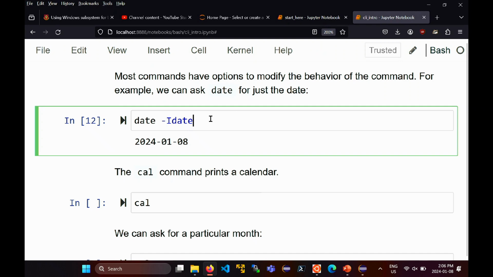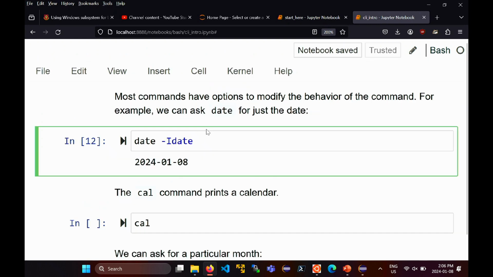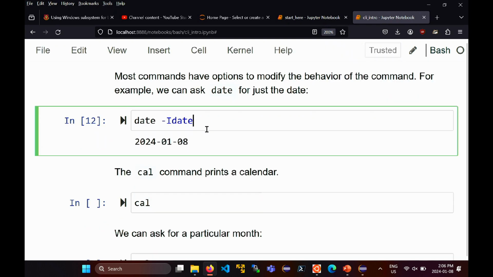I just said that if you're on a Mac, you may not have this format. So you have to be a little bit careful if you're using a Mac. Some of the commands on Mac differ from the ones that I show you in the course. Mac OS is not Linux. The commands that it defaults to are not necessarily the same as the Linux commands that I run on this machine. So you have to be a little bit careful with some of them. Date is one of those commands.